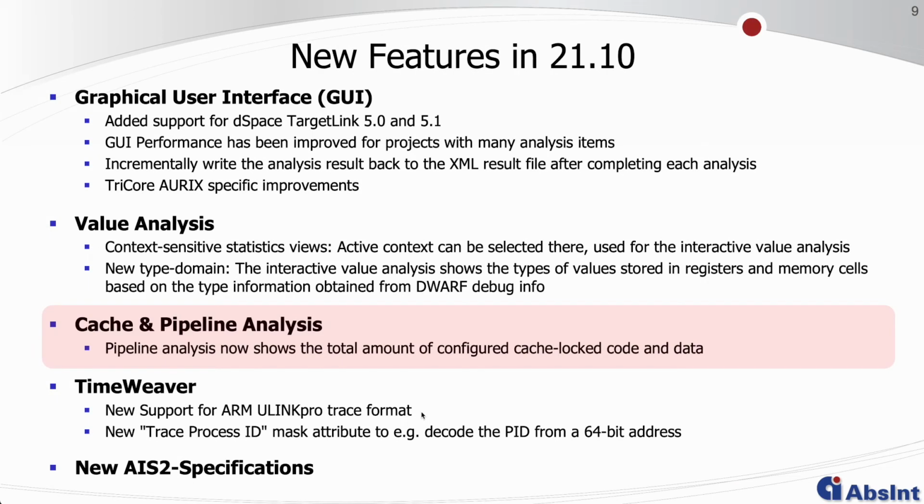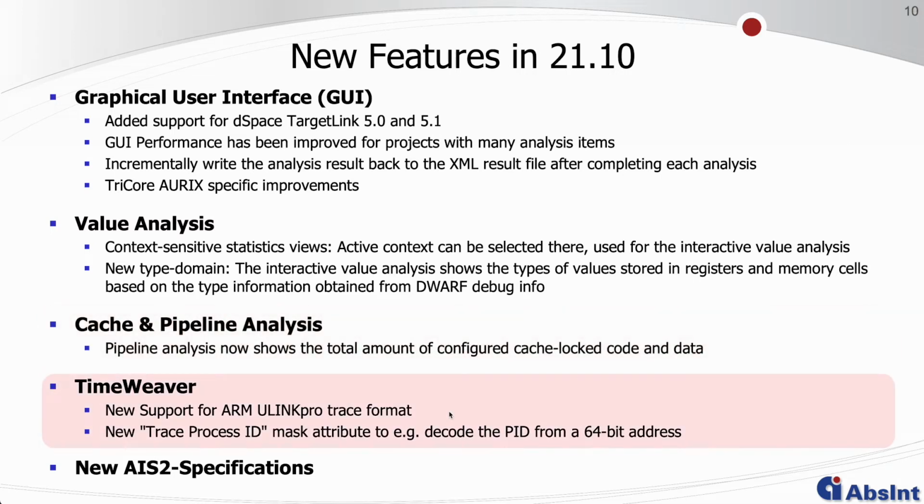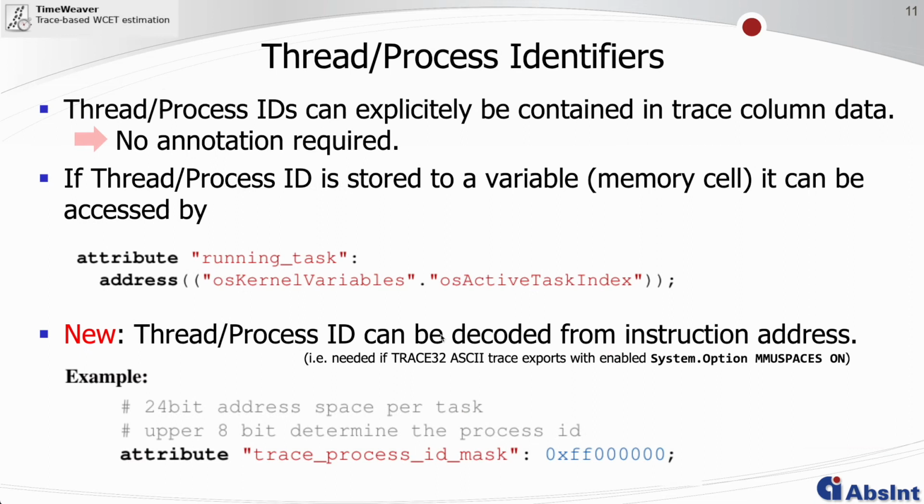Our hybrid worst-case execution time analyzer TimeWeaver also has been expanded. There is a new support for the ARM ULINKpro trace format, and we introduce a new trace process ID mask attribute to decode the process ID from a 64-bit address, for instance. Of course, if the thread or process identifiers are explicitly contained in the trace data, there is no annotation